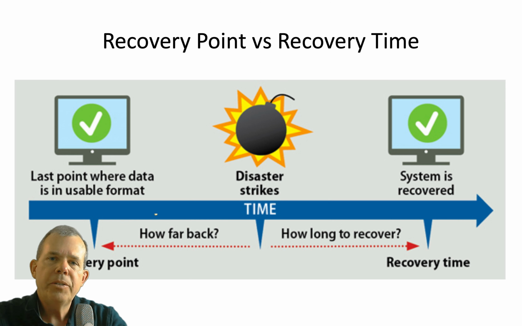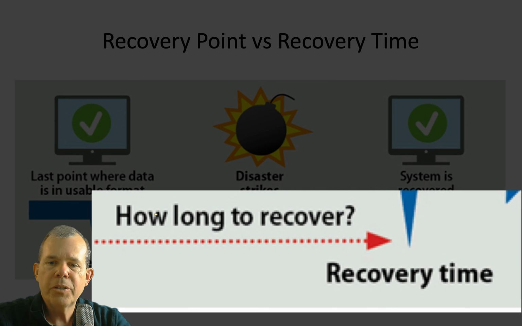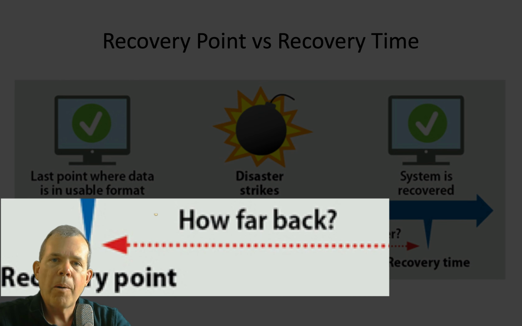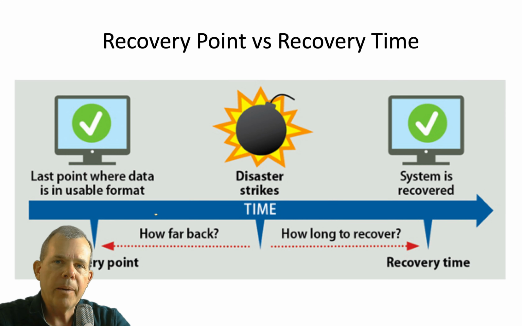So contrast these two things, the recovery point objective and the recovery time objective. So the disaster in the middle here is, of course, the critical point. If we say, how long does it take us to recover, we're looking to the right. And so how long is the business offline before we can start selling things or making things again? That's the recovery time. And then the left side is, how far back do we go if we've lost data? So really that's the backup again.